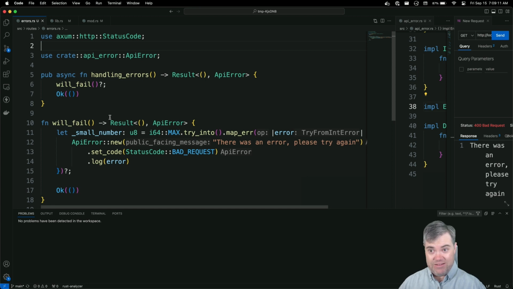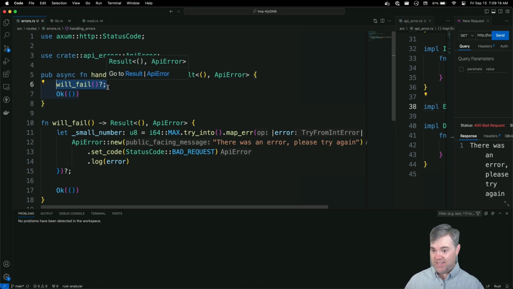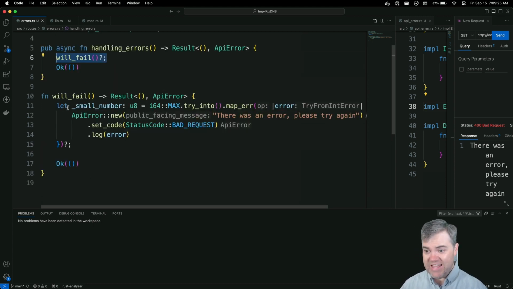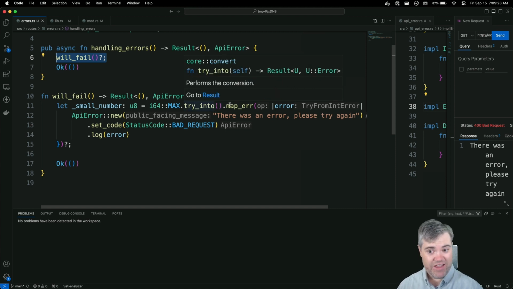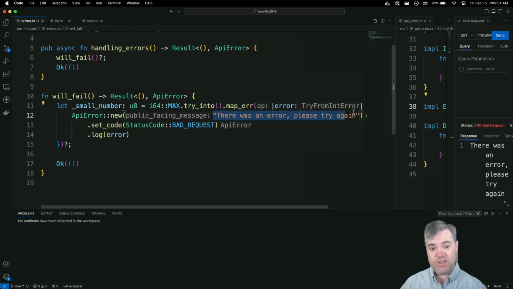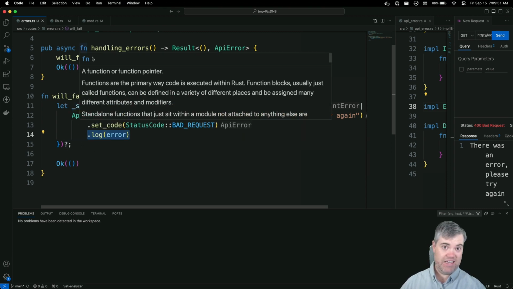So this is what our route handlers end up looking like. We just run our functions and we can just question mark them, and we're good to go. They don't need to worry about anything else. The route handlers have a little bit of extra work to do. They get to do their thing, and then if they can possibly fail, we do need to map that error at this point in time. We can then give it a good public-facing message for what happened. And then finally, we can set whatever the code is. So we know at this point if it's our fault or the user's fault or something else, and we can choose to log it or not. And then that gets sent up, and then it gets handled.